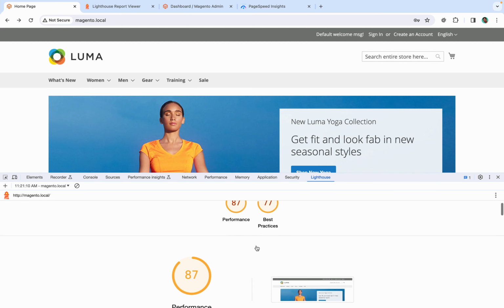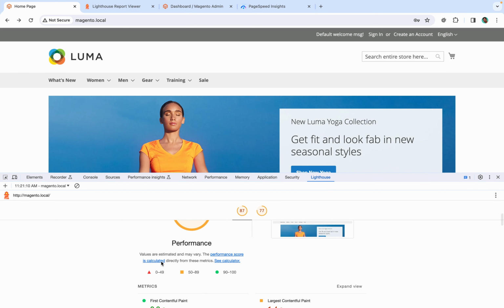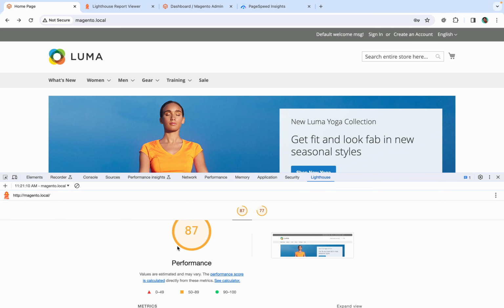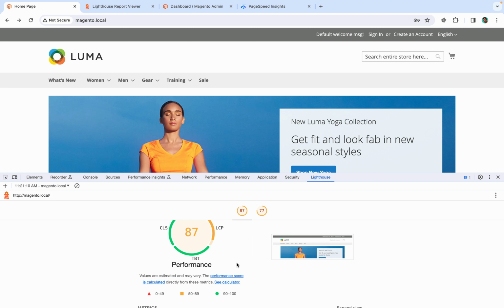Now if you scroll down, you will see a range is given and we can compare our website performance with the standard range provided. A rating of 0 to 49 is given for bad websites, 50 to 89 is given for average websites, and 90 to 100 is given for very good websites. So our website rating is 87, which is a medium range score in terms of performance. Right now we don't have a lot of custom data in our website, that's why it is performing okay. Once we customize our website a lot and add a lot of data on different pages, then this performance gets impacted.